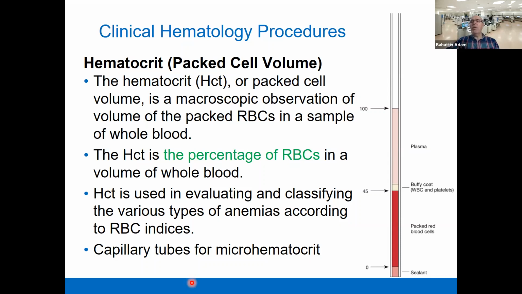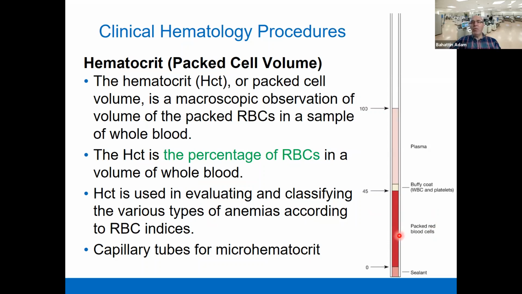You are going to withdraw blood and put it in hematocrit tubes, as you see here, hematocrit pipettes, and then let them stand for a while, and once the cells precipitate,